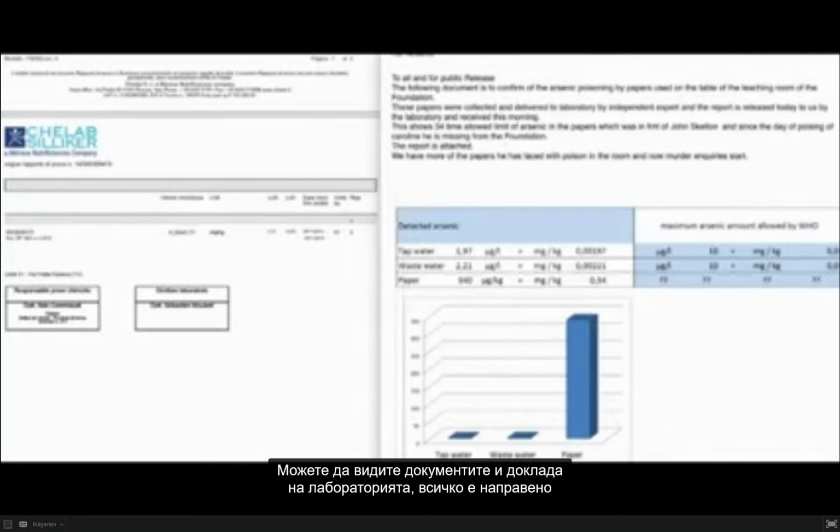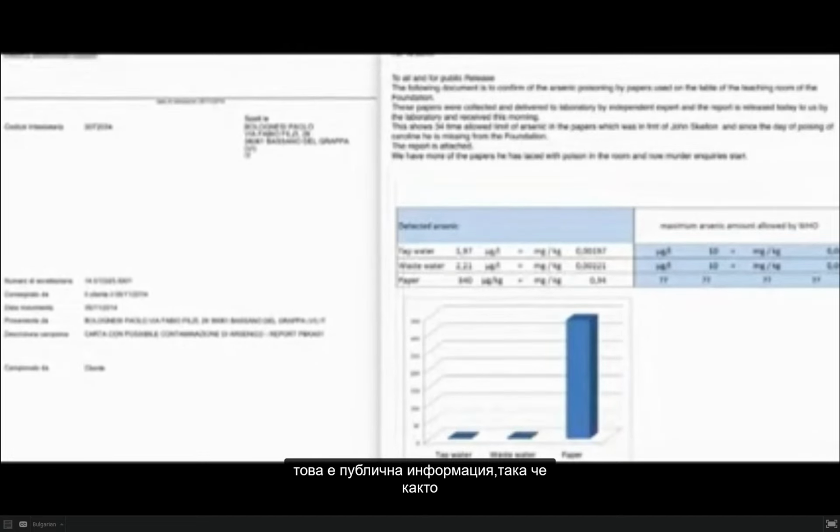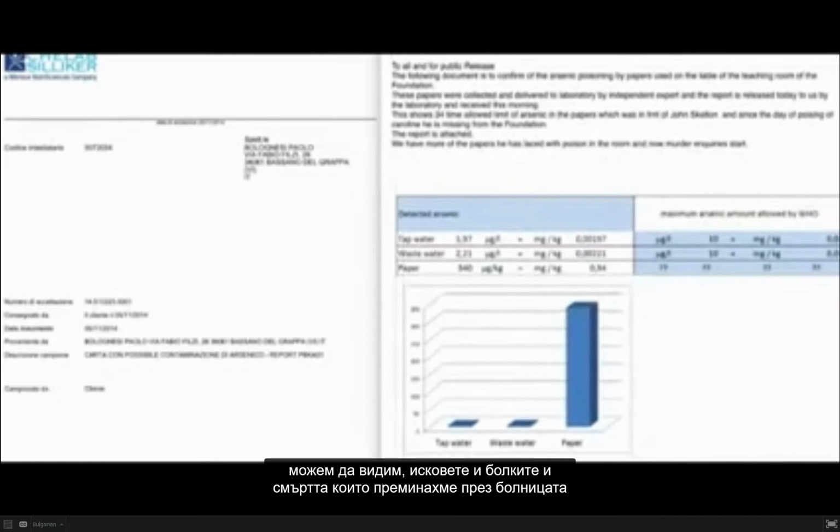You can see the papers and the report of the laboratory with the address of the laboratory. Everything is done. This is public information. So as we can see, the claims and the pains and the deaths which we went through the hospital to die was